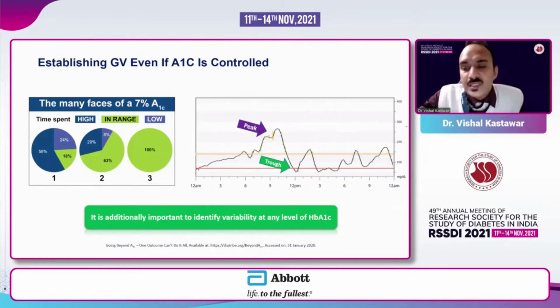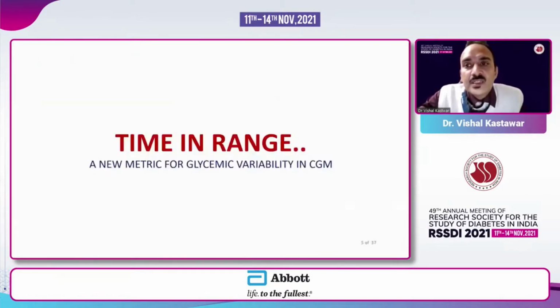But what SMBG misses out is the different time points wherein glucose levels can be high and also low. So in order to understand the different glycemic variability, CGM came into the picture, and CGM, as Dr. Jyotidev has already told us, has been available for use in India since 2005. It tells us in detail, for the past 7 to 14 days, how the patient's glucose levels have fluctuated. Time in range is basically an advancement over the data that is obtained from CGM.